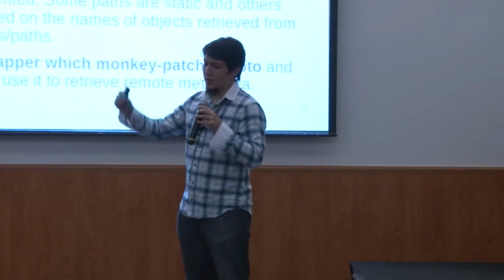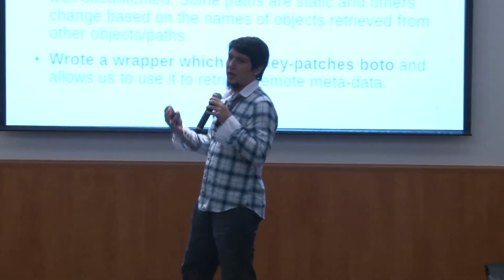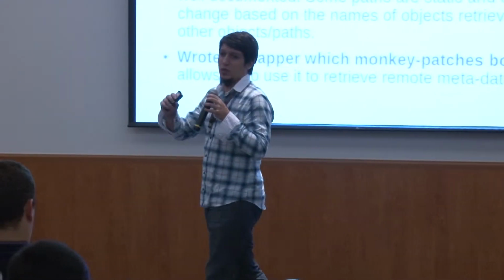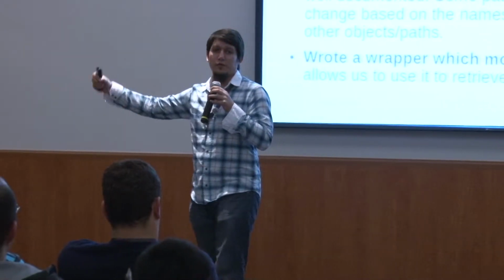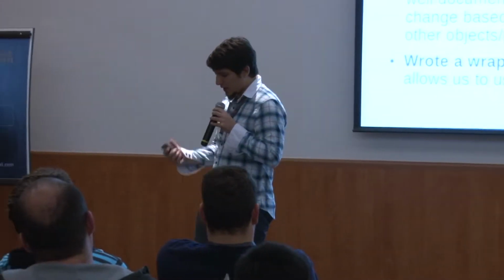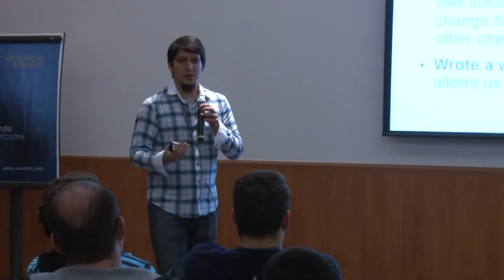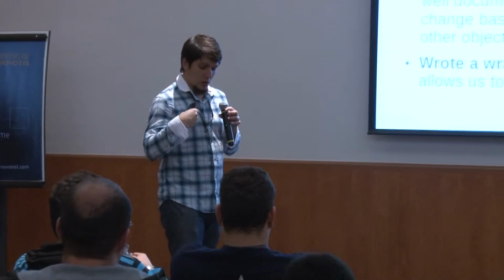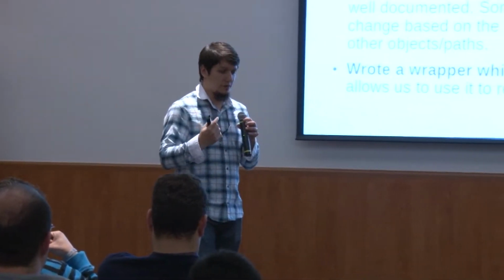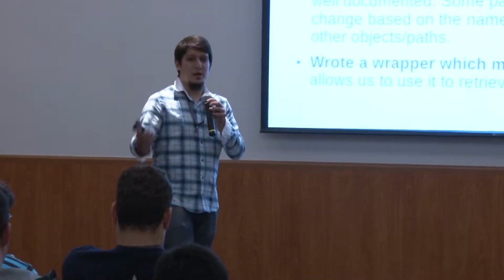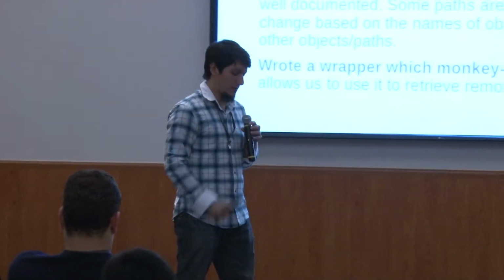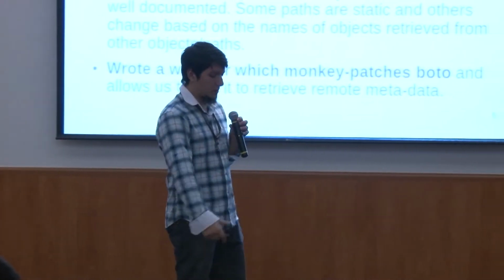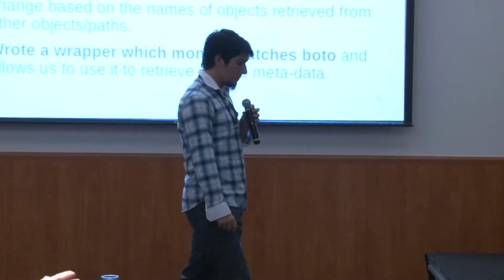And that's a method, and you can call it. And internally, what it does, it will retrieve the information from that web server. Because I wanted to do that, and I didn't want to re-implement all the process of knowing the different paths inside the web server for retrieving the metadata,